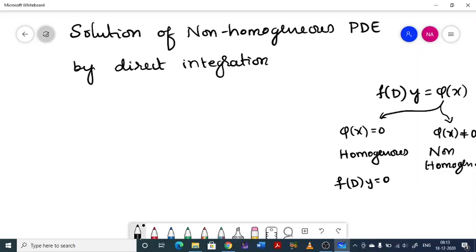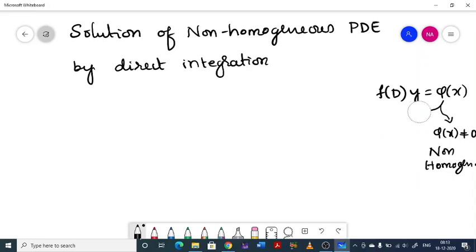If you get any doubt about a non-homogeneous or homogeneous PDE, how the classification is done, just forget about it. Just think that we are going to find the solution of a PDE by using direct integration method. Keep that in mind. Now solution,